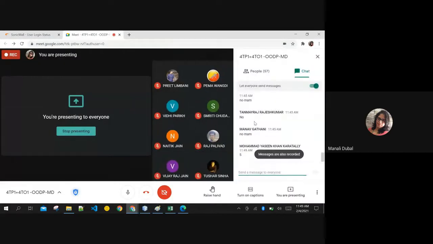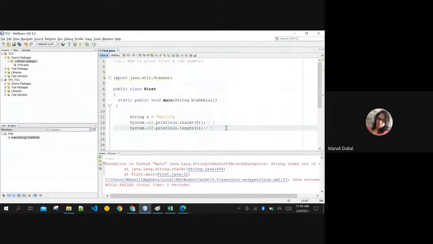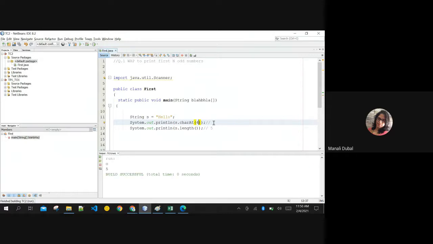Some people will say it starts from 0. No, the index starts from 0. But the number of characters it is having is 5 only. So the length will be 5 only, right? However, the last character will be placed at position 4. The last character is in position 4, but as it starts with 0, the characters are 5. So the length is 5.